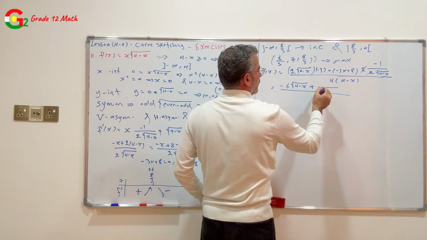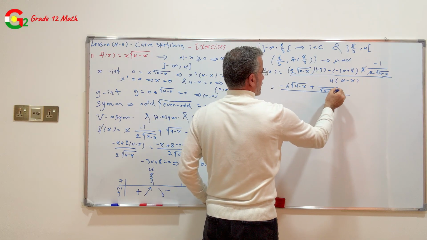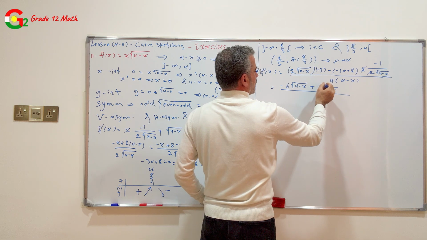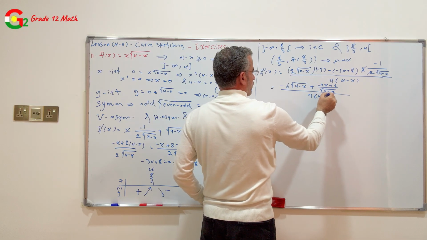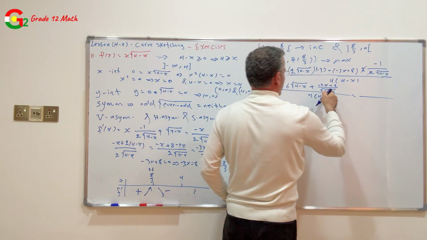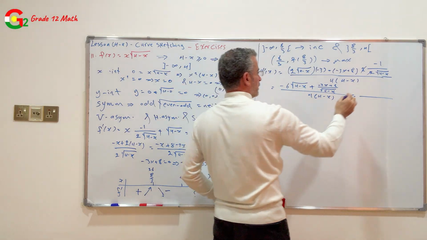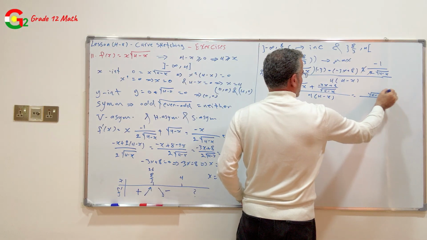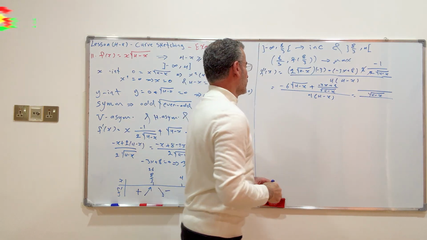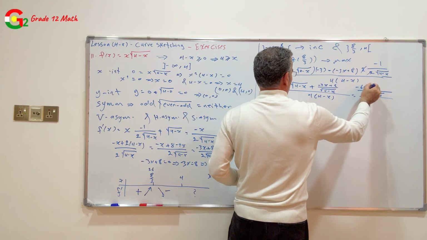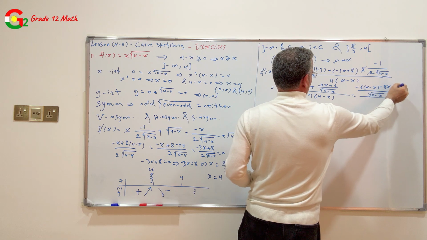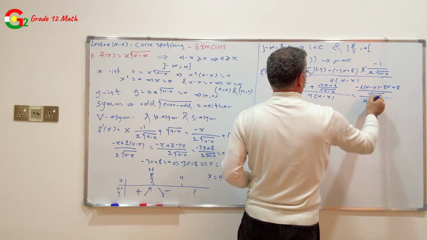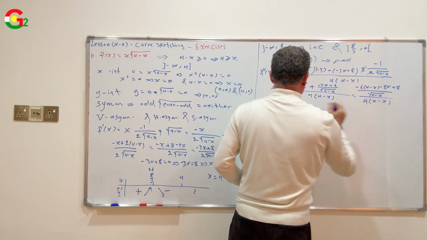Reduce 2 with 2, square root 4 minus x, and in the numerator we have 3, negative 3x plus 8 over 4 times 4 minus x, equal to, common denominator for the two terms in the numerator, square root 4 minus x times negative 6 square root 4 minus x, negative 6 times 4 minus x, minus 3x plus 8 over 4 times 4 minus x, equal to